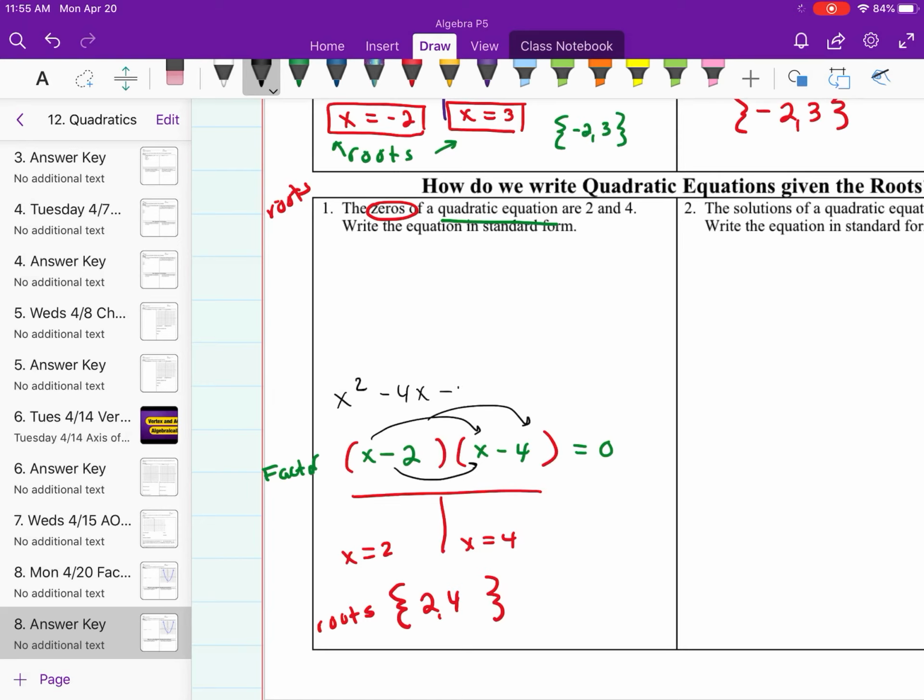Negative 2 times x is negative 2x, and negative 2 times negative 4 is positive 8, equals 0. And then you can simplify. You can combine like terms. Negative 4x and negative 2x, you can combine those. So your final equation would be x squared, negative 4x minus 2x is negative 6x, plus 8 equals 0. And this is the quadratic equation